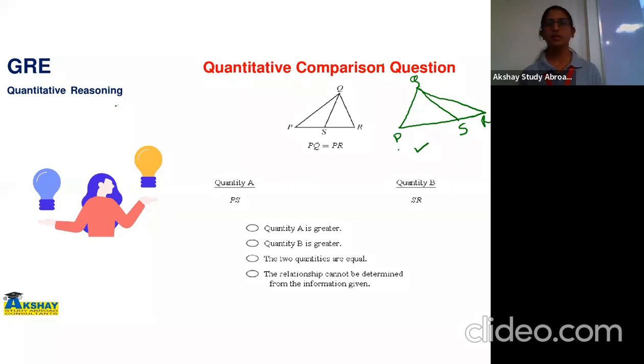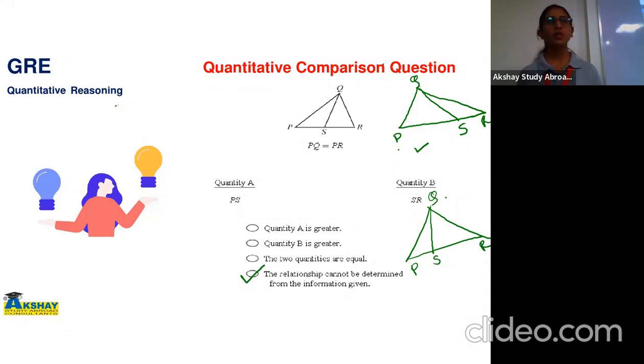Yes. Now if I draw the same figure like this, S, P, R and Q, now PS is greater than SR, which means A is the answer. So for my different assumptions, I'm getting different answers because proper information was not given for QS. Whether QS is an altitude, whether it is a median. If it is given that it is a median, then we can say they are equal. But it's not a median, right? So that's why we can say the relationship cannot be determined from the given information.